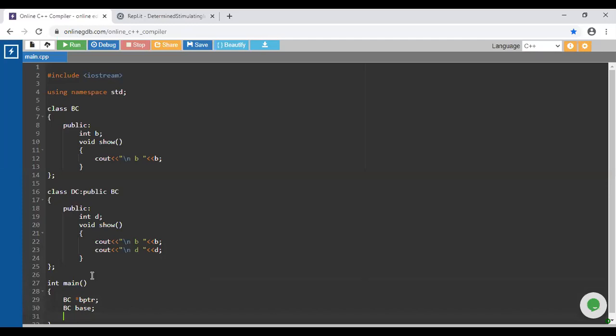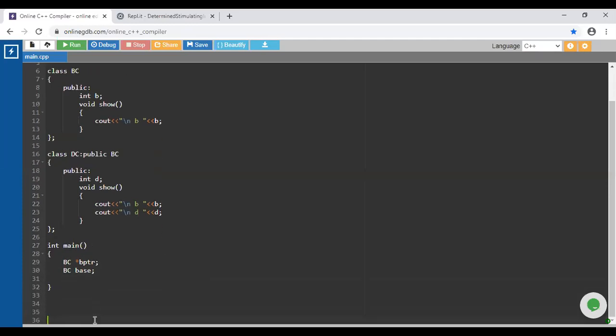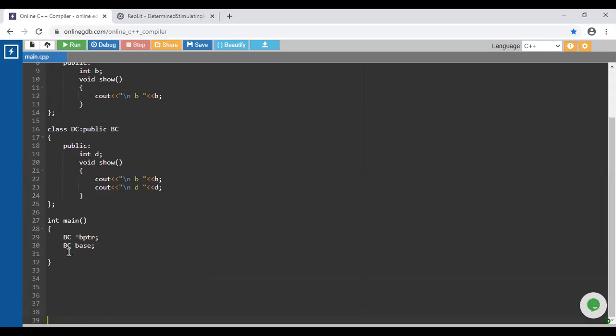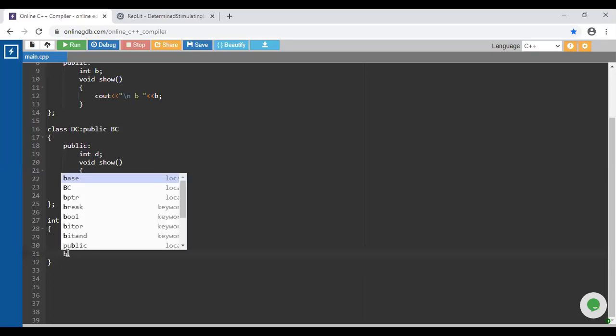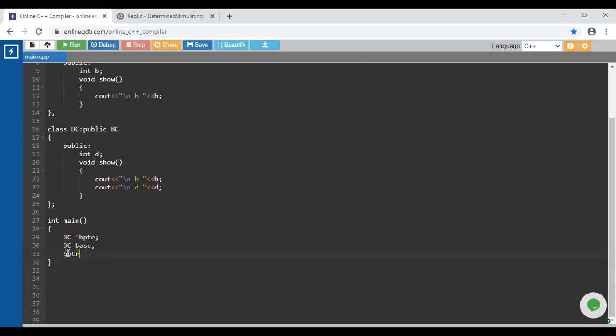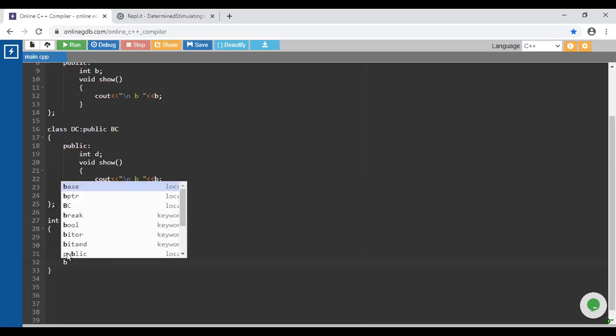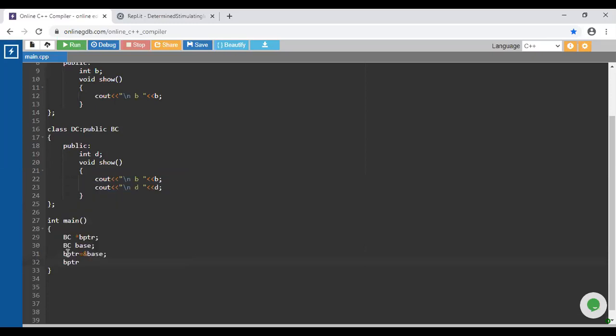Next line: the base pointer is going to be initialized to the address of the base object. Then we initialize the b variable, which is available inside the base class, with the value 100.